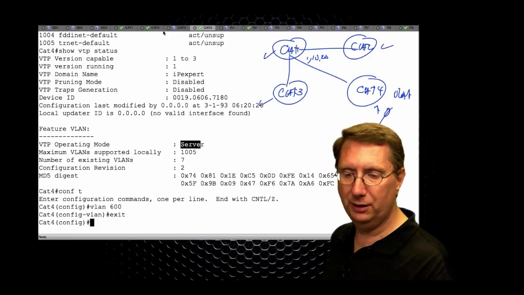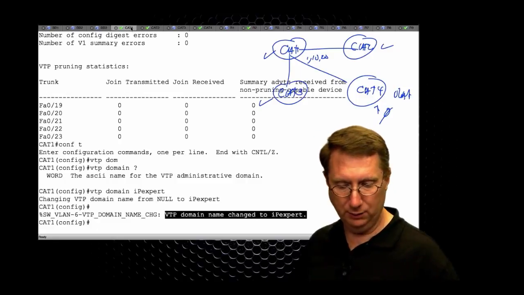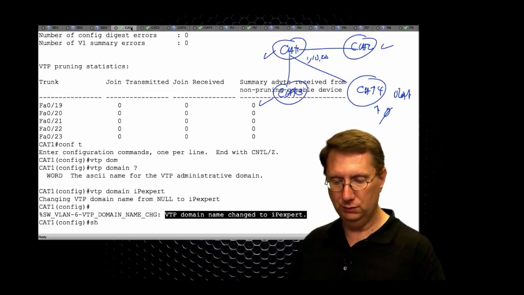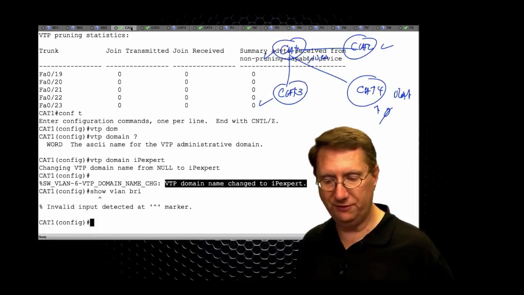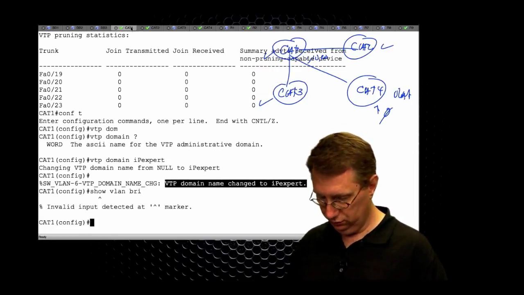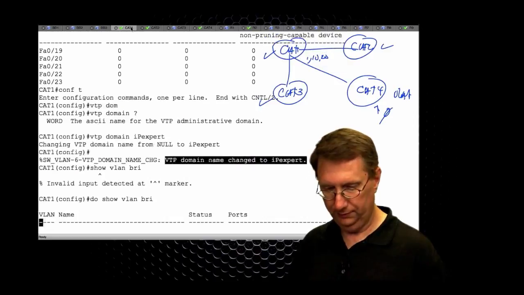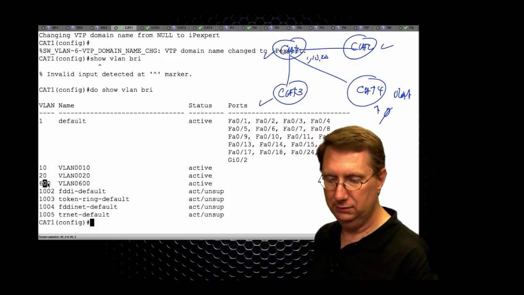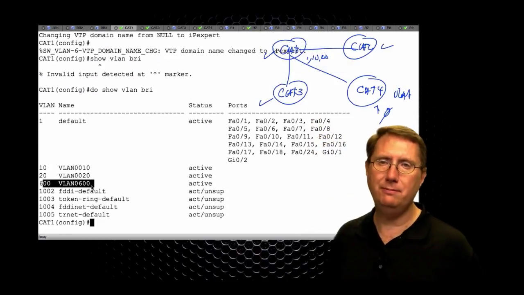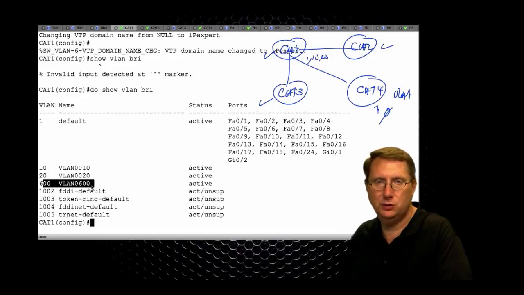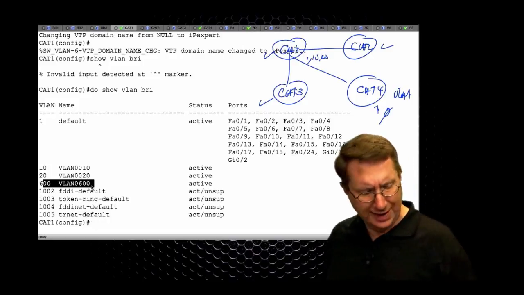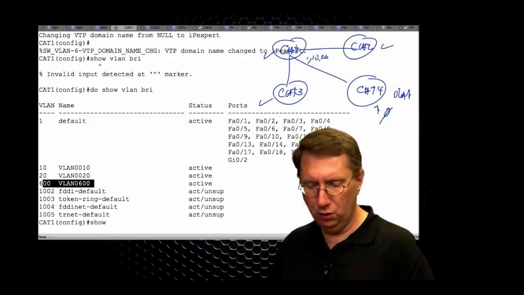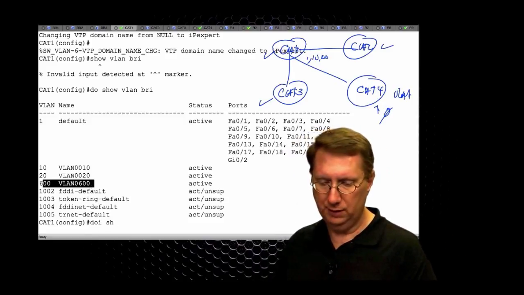Let's say config T. We'll say VLAN 600, exit. Now the moment I go to Cat1 and say show VTP, show VLAN brief, I'm going to find that 600, do show, will be created. So we've got a method of exchanging information between all of our different devices. Now, let's look at the nature of this information. So Cat1, do show,